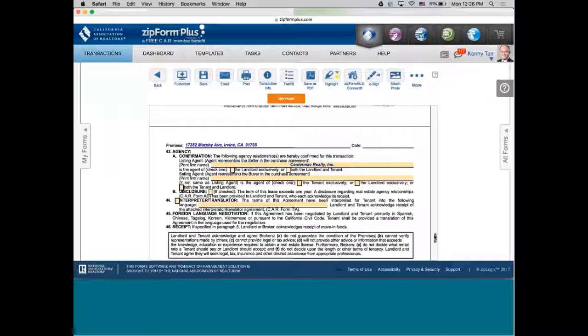And then number 44 talks about interpreter, translator. Now, in case you are not familiar with this, in California, there is a law that says if the lease is negotiated in a language other than English, and it's one of these 5 languages,